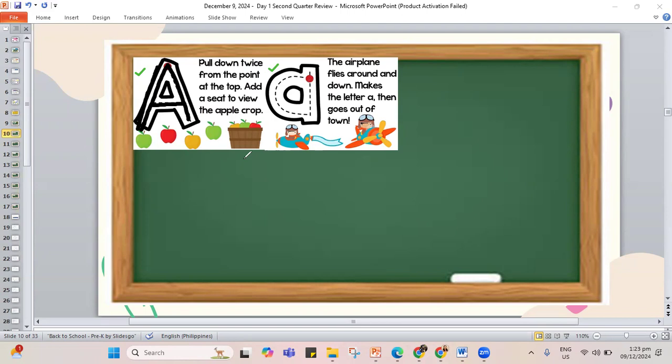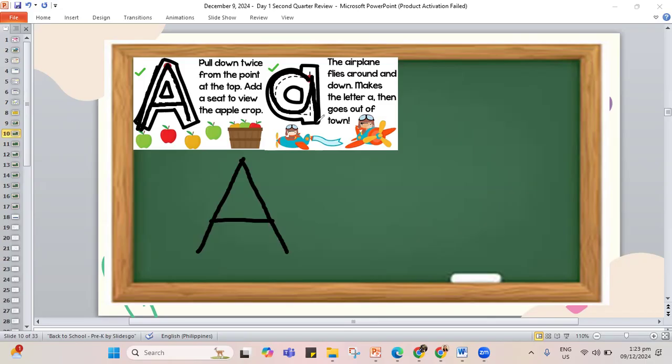So when we write our capital A, the big letter A, pull down twice from the point at the top. Add a seat to view the apple crop, that's capital A. Next, your lowercase a. The airplane flies around and down.